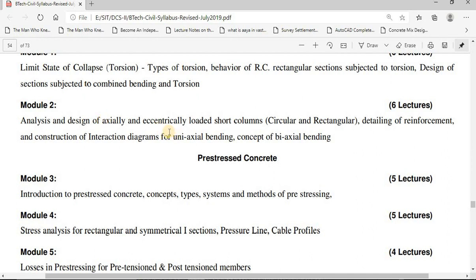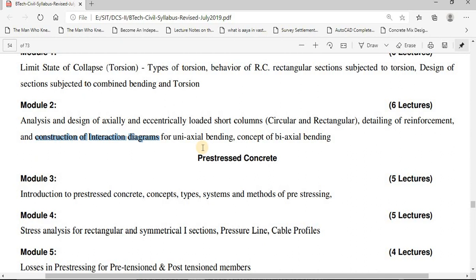So when a uniaxial moment, meaning from one axis there is a moment which is getting induced on the column, in that case also the design method will change and our design philosophy will change, and when both the axes are subjected to bending, then this design philosophy will change. So in our IS 456, these things are explained properly. Further, there is an interaction diagram to design the column which is subjected to bending.